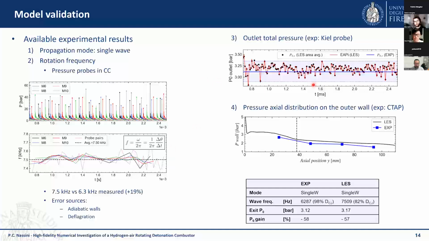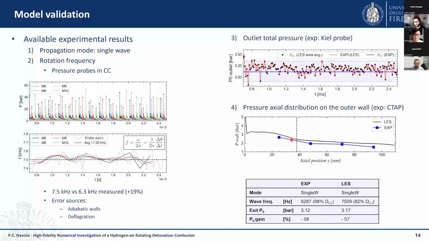However, if you consider the pressure inside the combustor in terms of outlet total pressure, comparing our total pressure at the outlet with the Pier probe in terms of mean and also RMS at the outlet measured experimentally, we can see that we have a very good agreement in terms of outlet pressure, but also a very good agreement in terms of pressure axial distribution along the outer wall, which is measured experimentally using CTAP. As you can see here, we are slightly overestimating this value with respect to the experiments, but